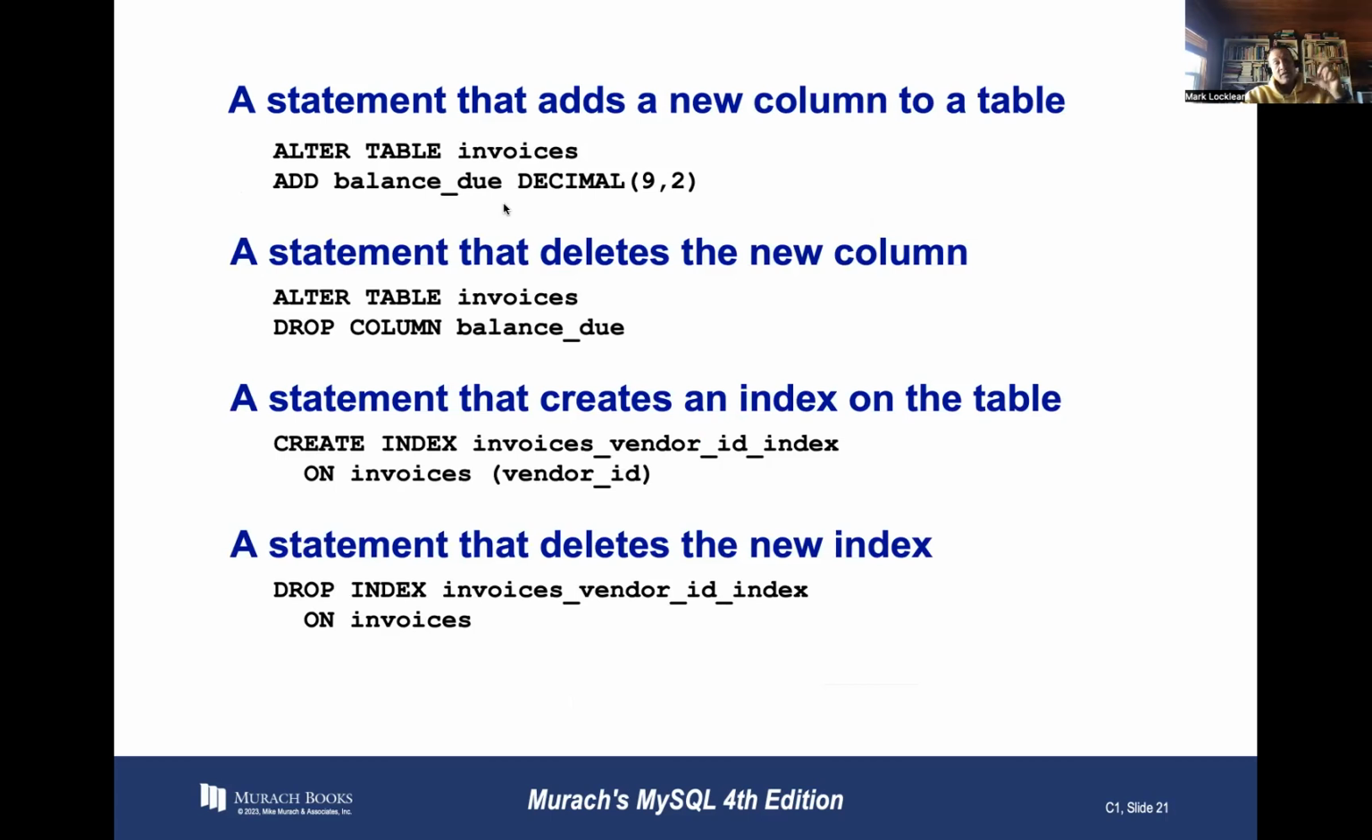Statement that adds new data. So again, these are all the statements we looked at earlier, things like alter table, drop column, create index. I should say something about an index. Again, I won't get too far in the weeds on this, and I've never fully grasped